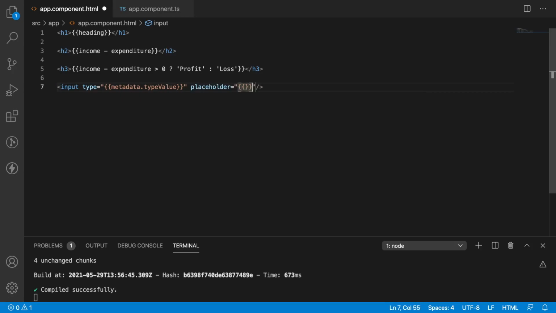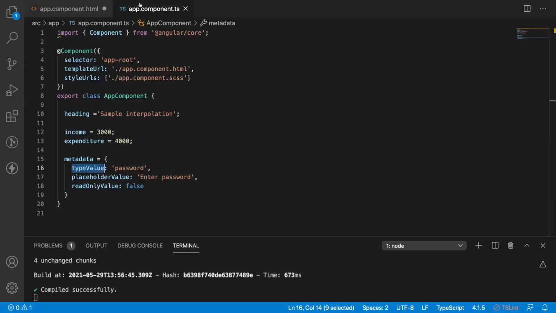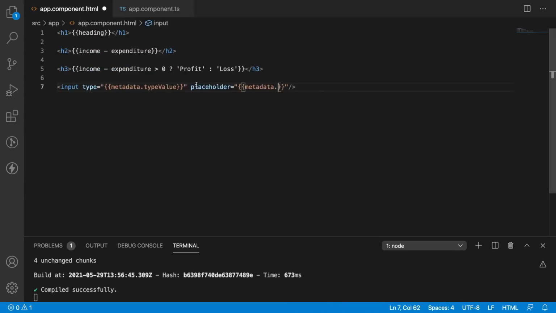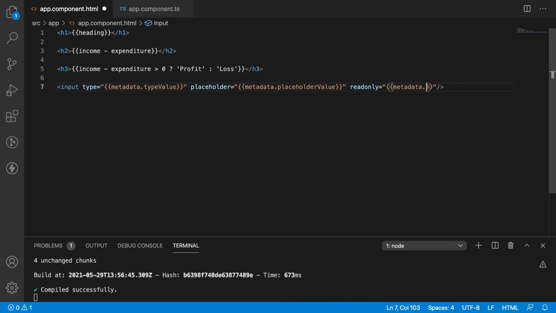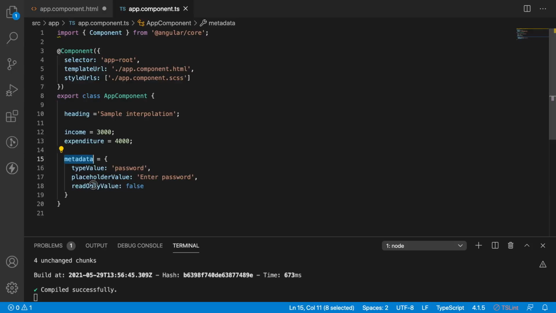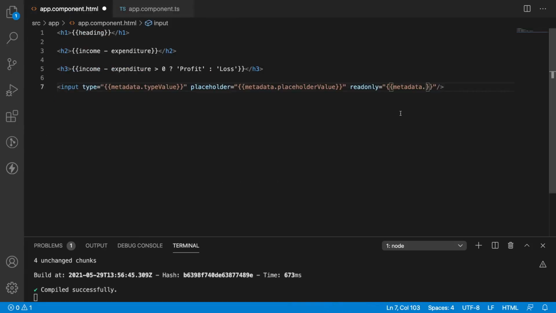That one also we can bind using interpolation, metadata.placeholder value, and there is a property for the input element like readonly equal to interpolation, and we can bind it with metadata.readonly value and save it. So before going into the readonly part, let me cut this and let's understand how it is printing.